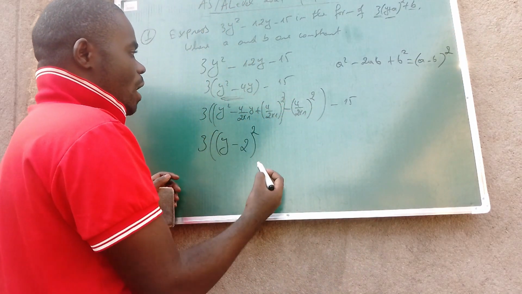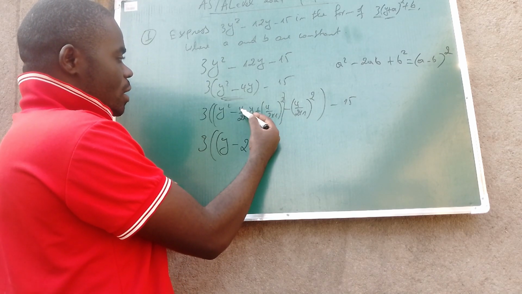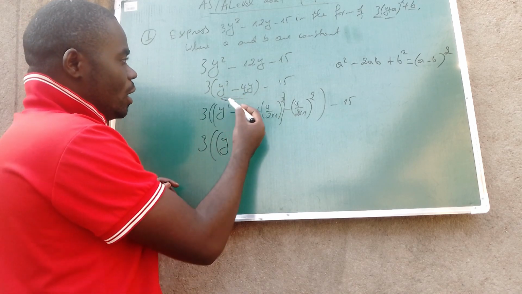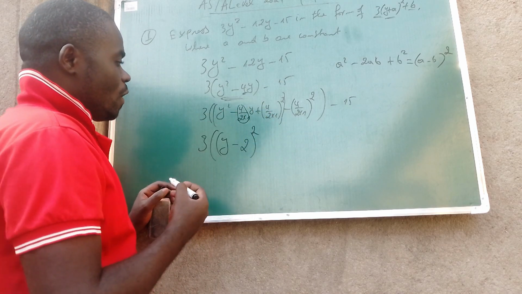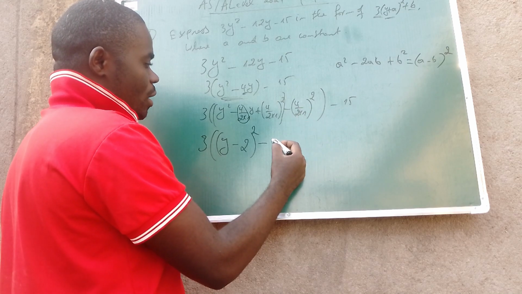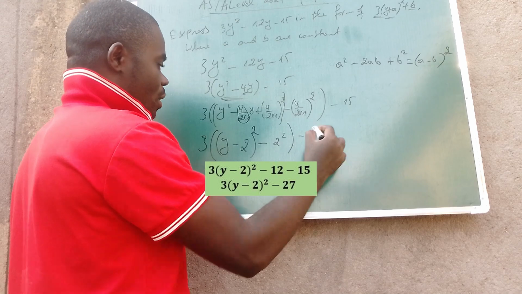Then, what you have as b is this number, which is 2. Then, what you have is like 2 times this number, which gives this number. The number we have here is 2 times this. And then, we subtract this over this, it is 2 squared. Then, negative 15. So we get